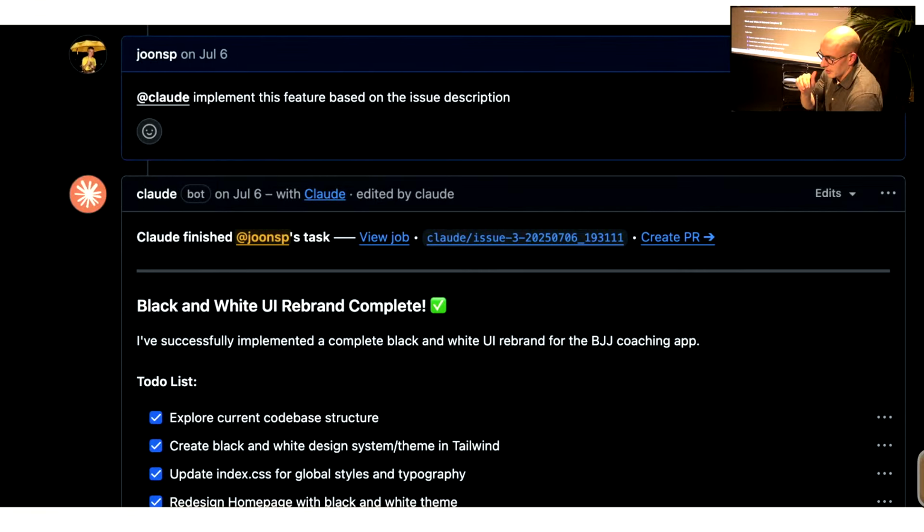Let's say this is an issue in GitHub. I can say, "add Claude, implement this feature based on the issue description," and then it runs everything not on my local setup, but in the cloud, using the Claude MD memory file and the proper instructions. So there are a couple of different ways you can run this in addition to your local laptop. And then it just creates a branch and pull request here.